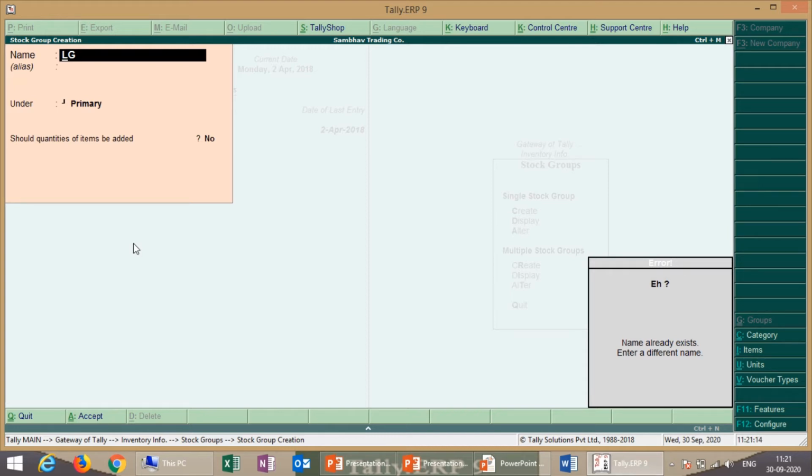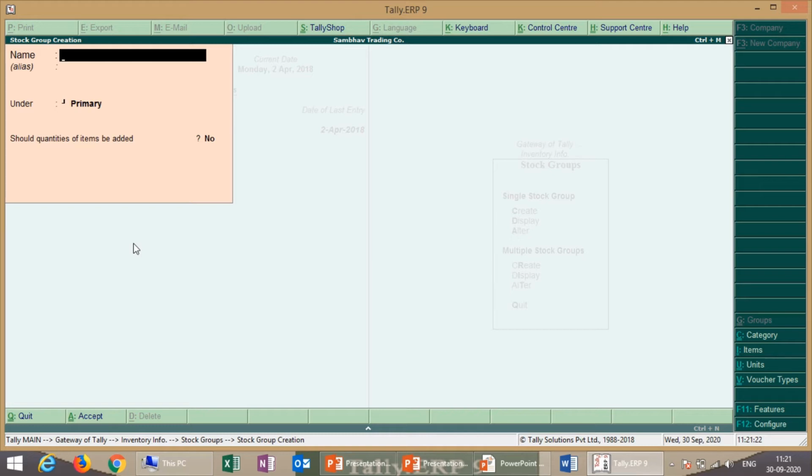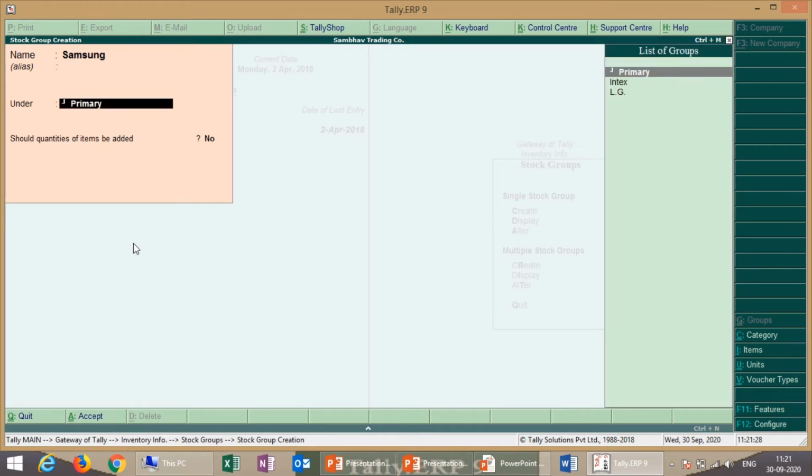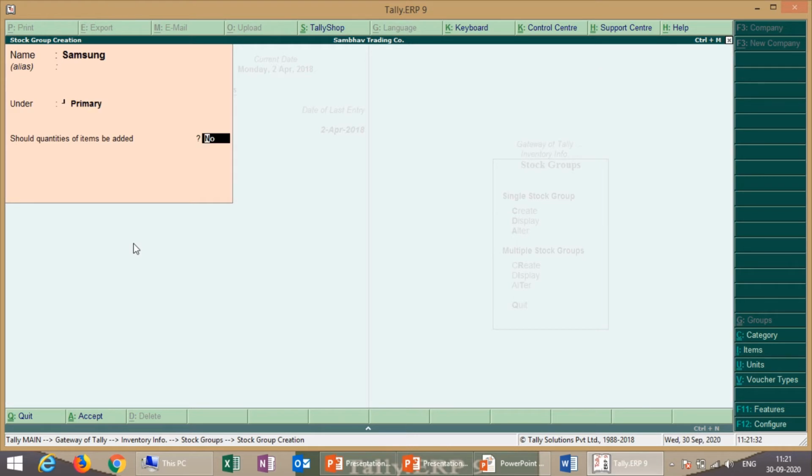Already we have a stock group called LG, so we change the name to Samsung. Okay. Alias we don't need, primary by default under, enter. So we create a Samsung stock group.